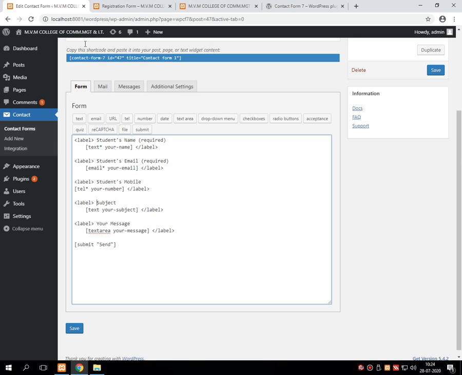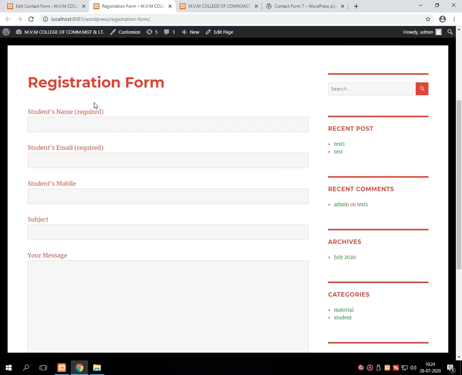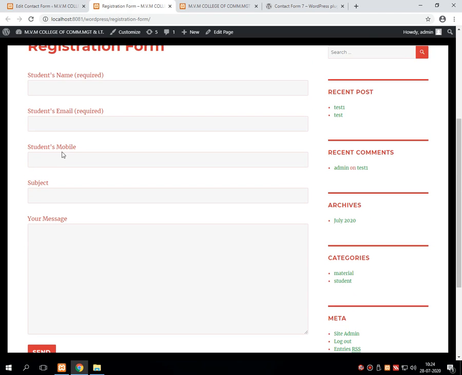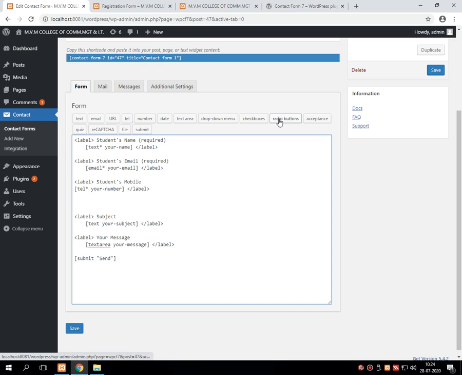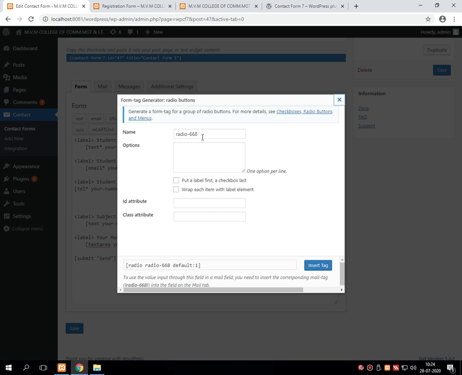Now again I am expanding for something more. After the student's mobile number, suppose I want to give a gender selection, that is for male and female. So for that, I am first giving one enter, then I am going for a radio button.